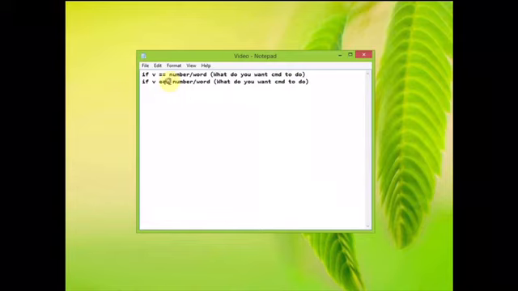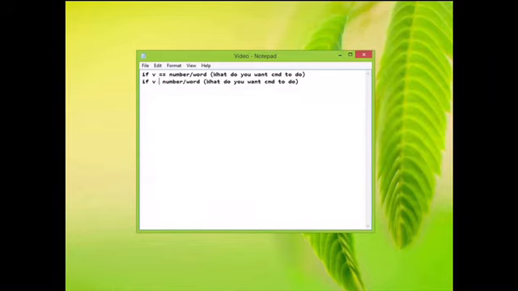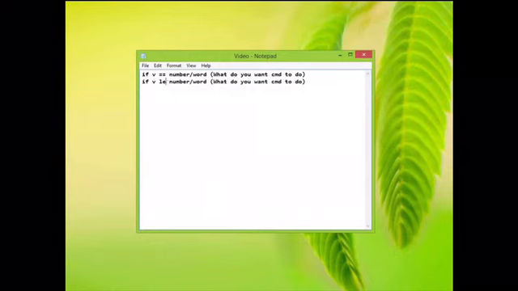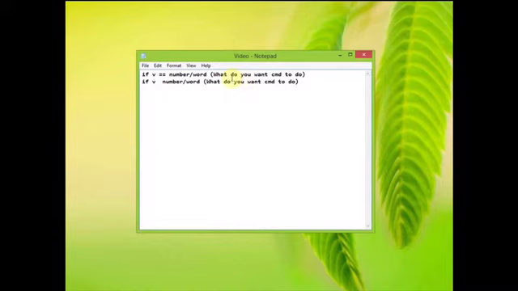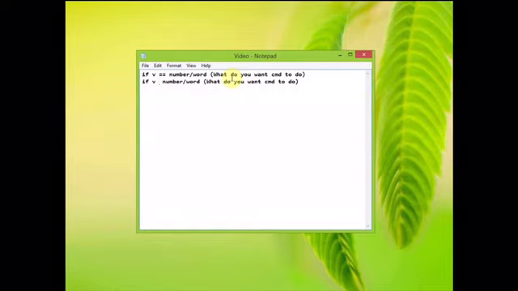We've learned that equal to is exactly the same as those two equal signs. We could also do greater than, which is GTR, less than, which is LSS, greater than or equal to, which is GEQ, and less than or equal to, which is LEQ. This is how you could use variables to compare numbers, and you could also use it to answer questions and to see if they are correct.